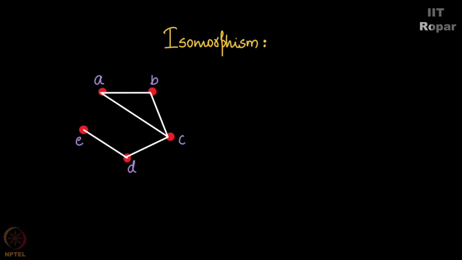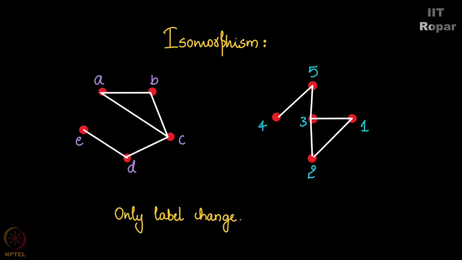So the definition of isomorphism seems to be a very vague one, you see. Saying that if somehow you can modify a graph and make it appear like something else, then these two graphs are isomorphic, is not a very mathematical way of stating it. Let us see what is the mathematical method. The second graph is exactly the same as the first graph, but the labels are changed. Think about it. The labels are changed. That's it. Otherwise, the graph is the same.